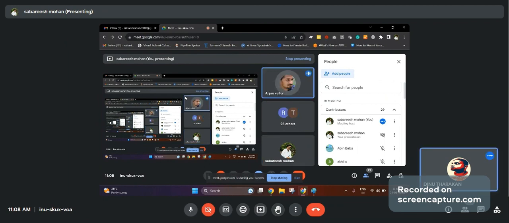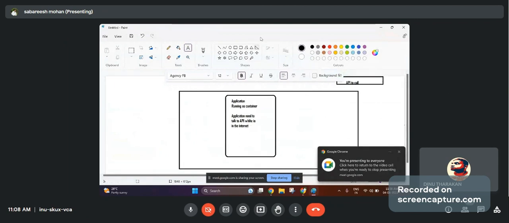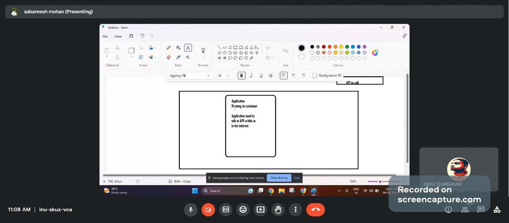Can you repeat the question? Okay. I have an EC2 instance running in my private subnet, so this is a private server. Inside this, my client told me to deploy an application as a container. This application has an API which needs to go and talk to the outside world.